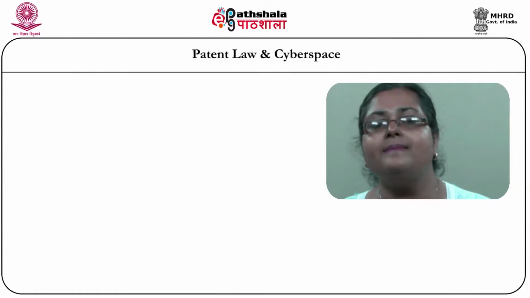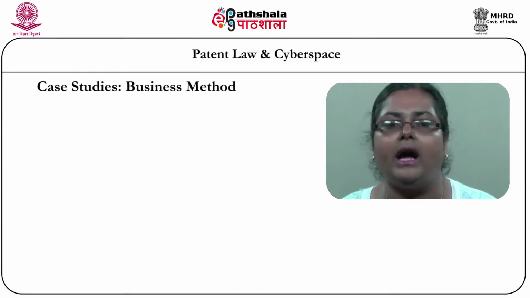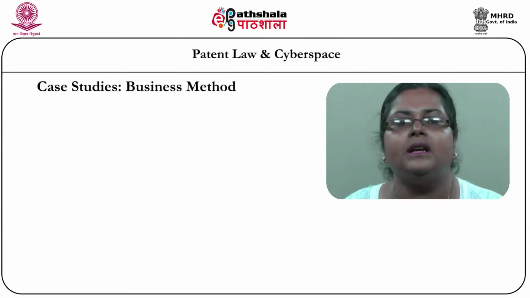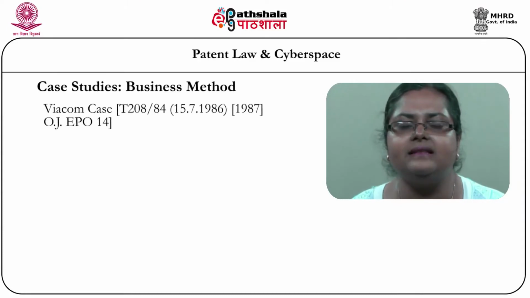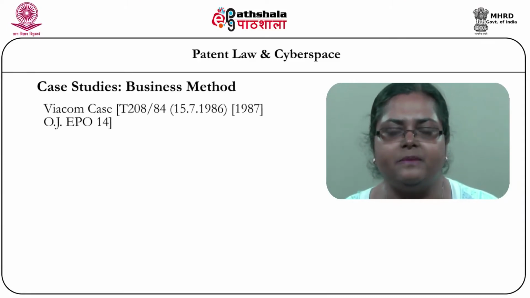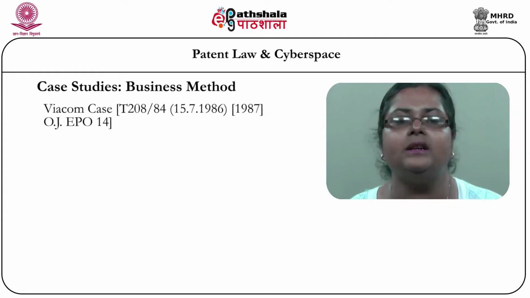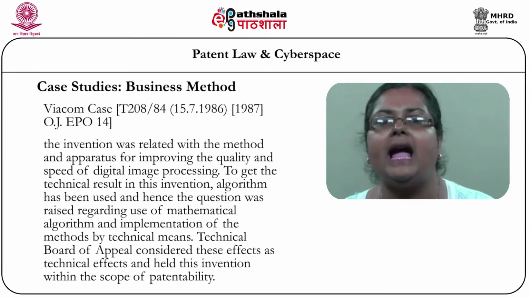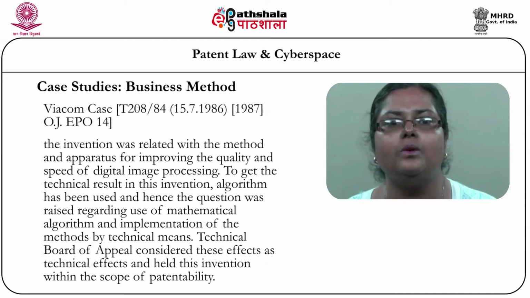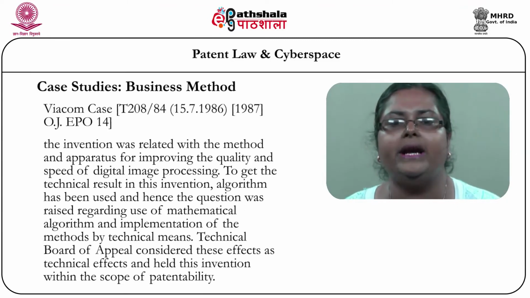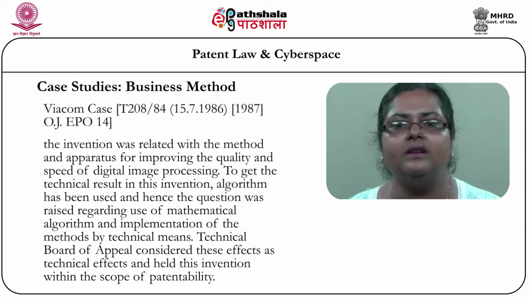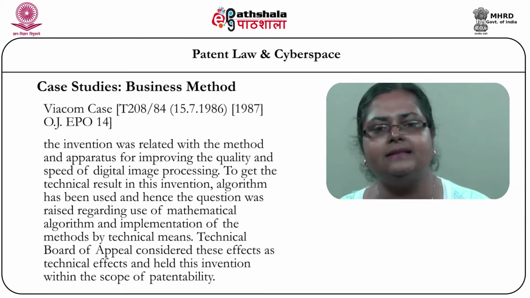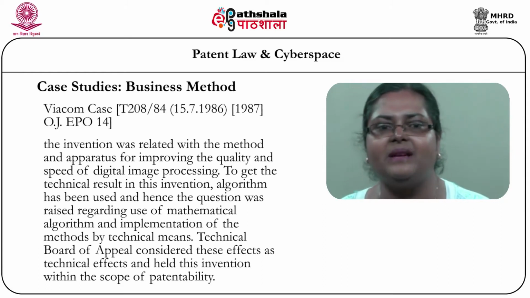Now we need to go through some case studies, then we can understand on what ground it is granted and on what ground it is not granted. One landmark case is the Vicom case. It's a principle deriving case. We can get guidelines for patent granting through this case. The invention was related with the method and apparatus for improving the quality and speed of digital image processing. To get the technical result in this invention, an algorithm has been used and hence the question again arises about the mathematical algorithm